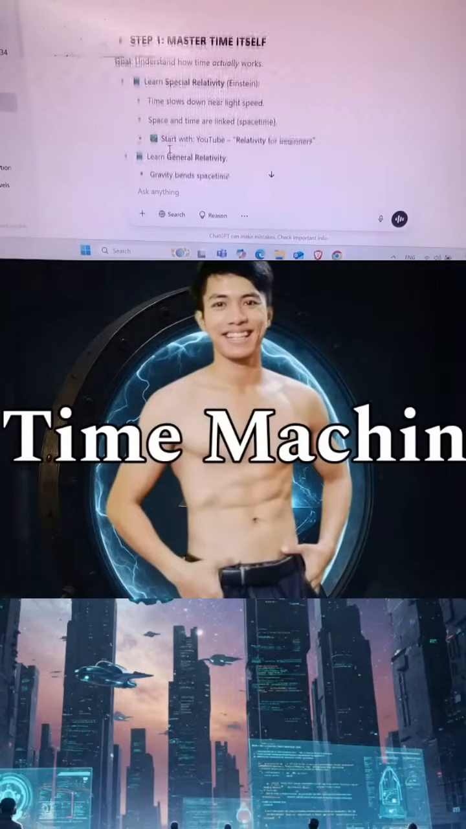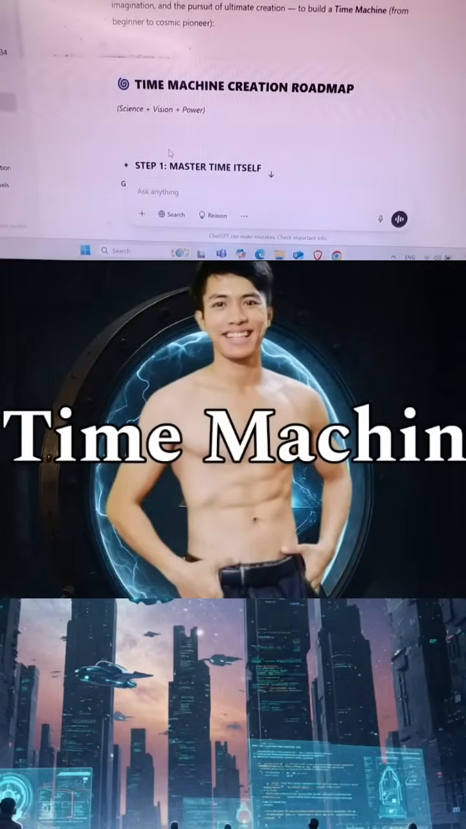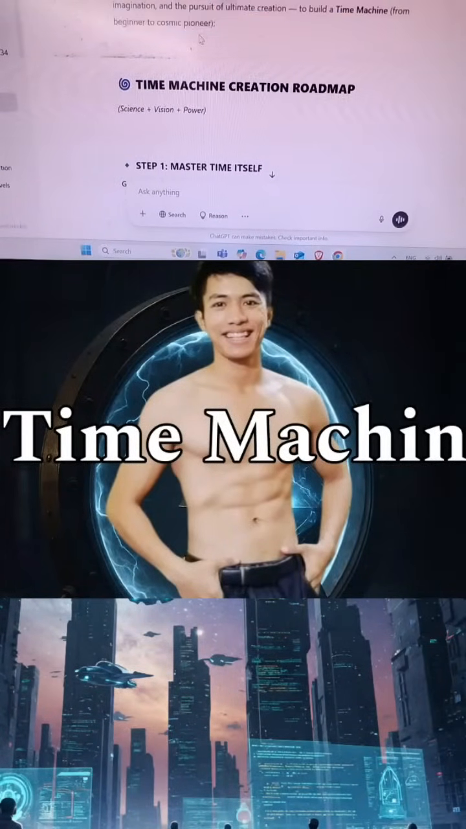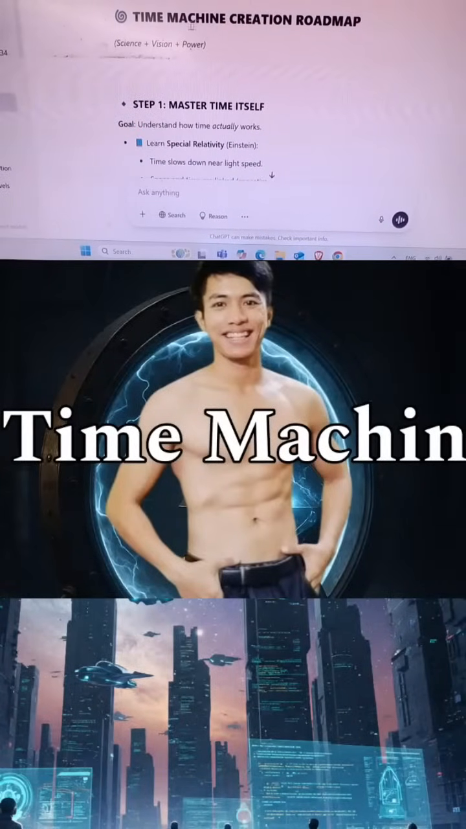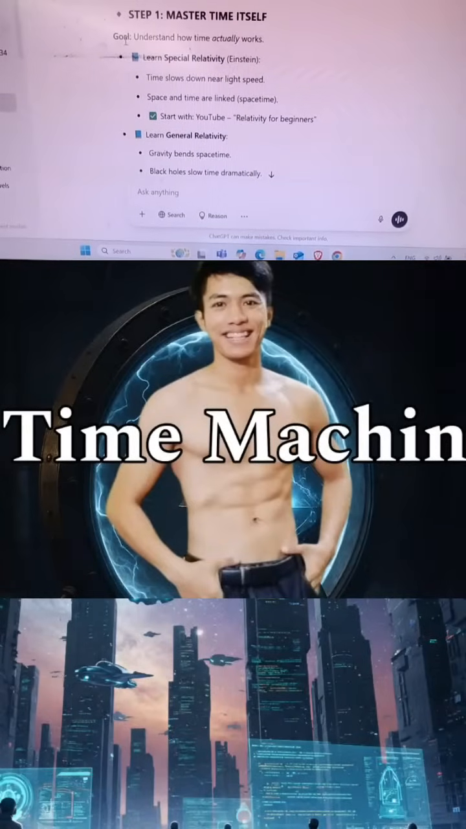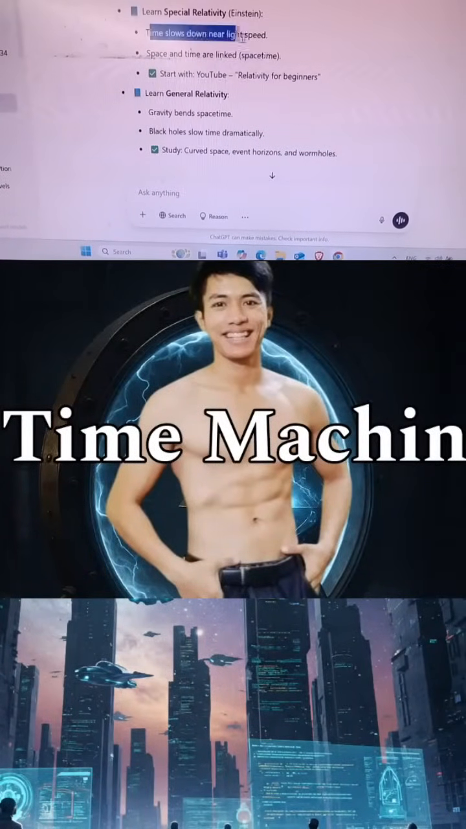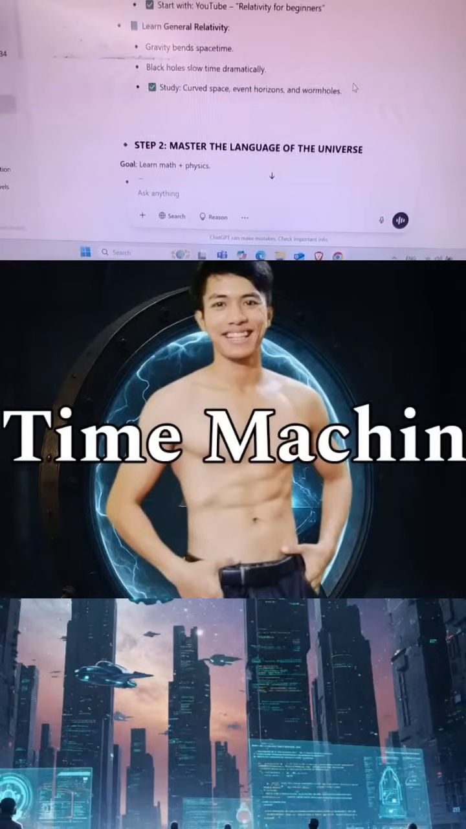Absolutely, Time Architect. Here's a step-by-step roadmap, blending real science, imagination, and the pursuit of ultimate creation to build a time machine from beginner to cosmic pioneer. Time Machine Creation Roadmap: Science, Vision, Power. Step 1, master time itself. Goal, understand how time actually works. Learn special relativity. Einstein, time slows down near light speed. Space and time are linked, space-time. Start with YouTube, Relativity for Beginners. Learn general relativity. Gravity bends space-time. Black holes slow time dramatically. Study curved space, event